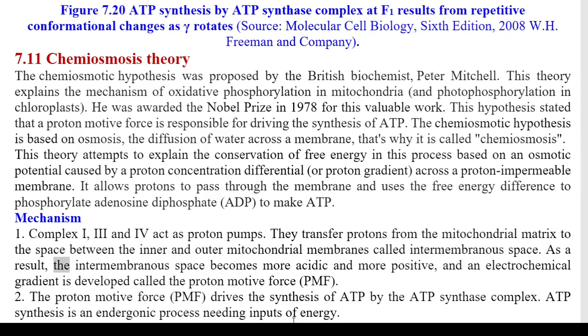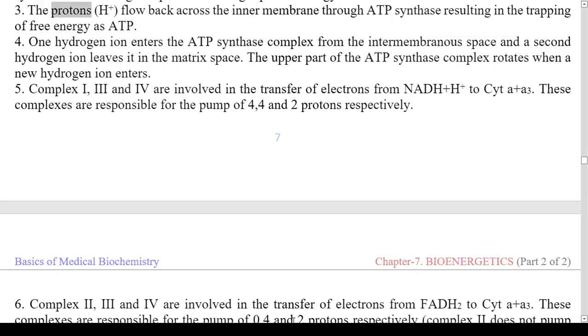As a result, the intermembranous space becomes more acidic and more positive, and an electrochemical gradient is developed called the proton motive force, PMF. 2. The proton motive force, PMF, drives the synthesis of ATP by the ATP synthase complex. ATP synthesis is an endergonic process needing inputs of energy. 3. The protons, H+, flow back across the inner membrane through ATP synthase resulting in the trapping of free energy